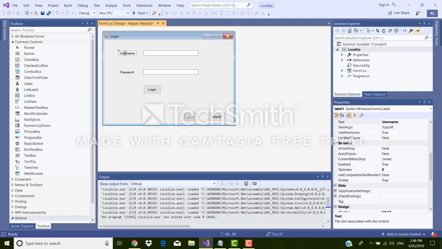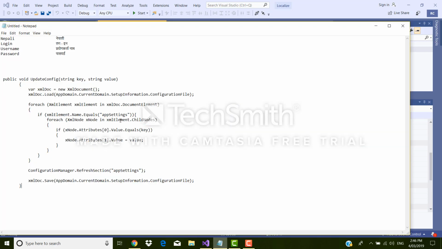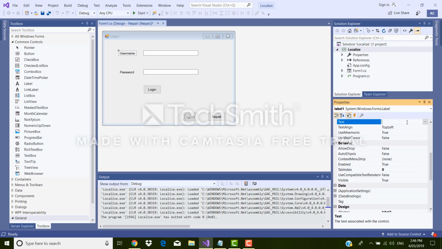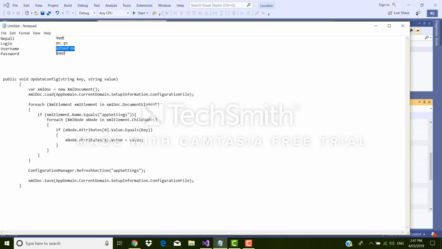Now we can change the label of this control for the Nepali translation. So here in Notepad I have translated these controls into the Nepali language by using Google Translate. So for username it is this text, so let's copy this, go over here and click on username, and then change the text of username. Then let's do the same thing for password. So this is the translation for password, Ctrl+C,